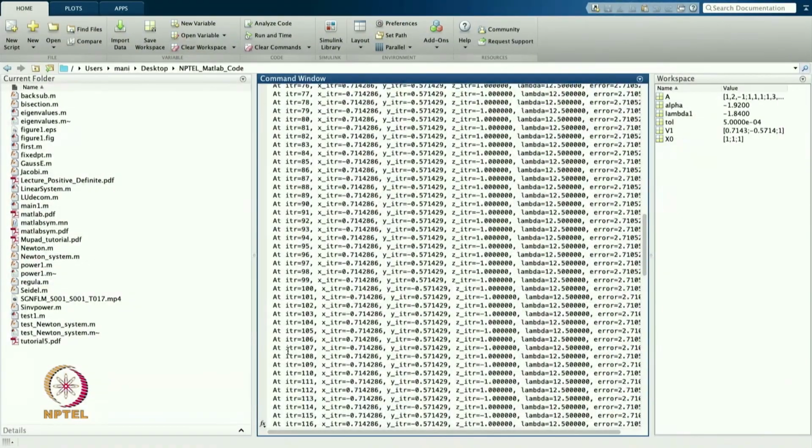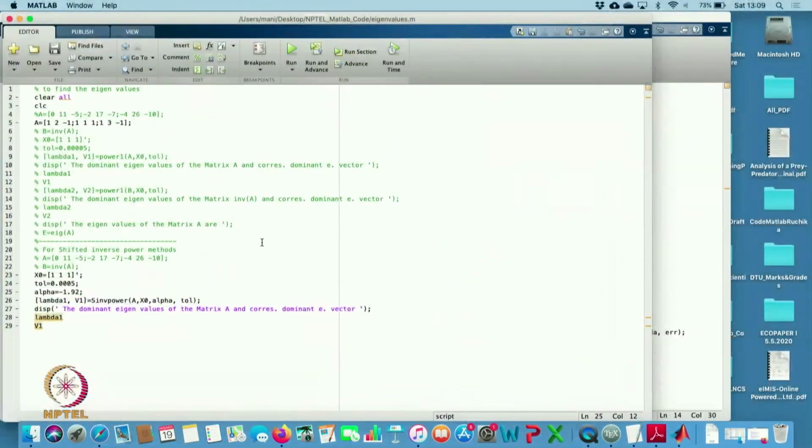So, let us change the matrix, maybe we can take another matrix and let us try to find this. I will take this matrix, and I know that in this case the eigenvalues were 1, 2 and 4. So, I am able to find the value 4. Let us see what will happen in this case if I want to find the eigenvalue close to 0.8.